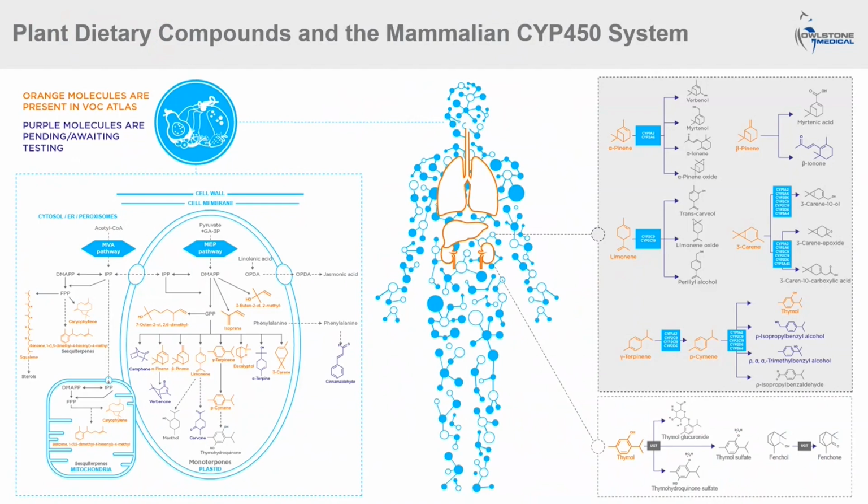These compounds are generated in plants either from pyruvate through the MEP pathway to produce monoterpenes, or from acetyl-CoA through the MVA pathway to produce sesquiterpenes. Other terpenes that have been suggested to associate with disease in published literature, such as alpha-pinene and 3-carene, have also been confirmed as on-breath compounds in our OMNI platform.